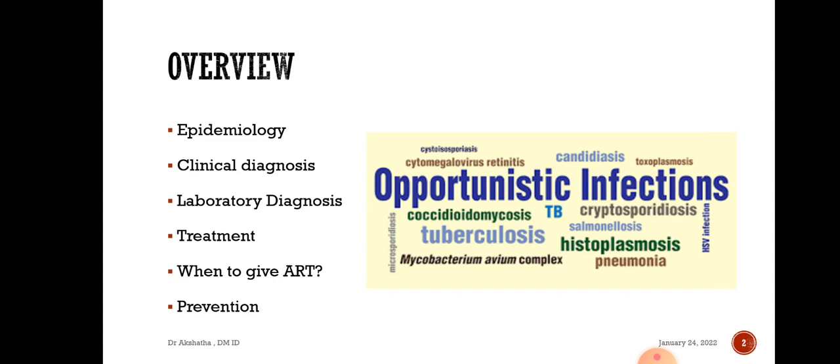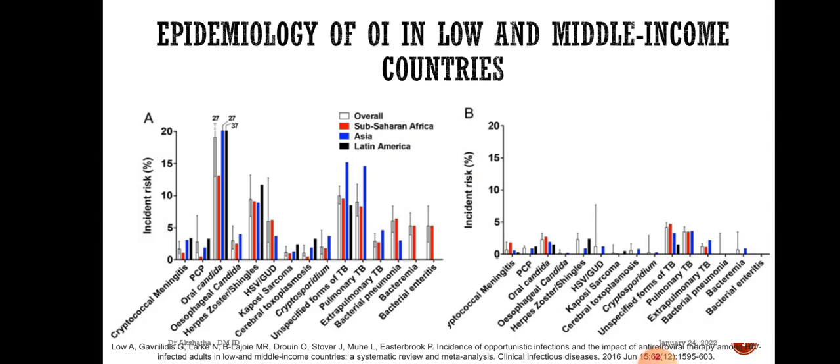So I'll be discussing this topic under these headings: the epidemiology, the clinical diagnosis, the laboratory diagnosis, the treatment, and the very important question, when do you give ART in a patient having PLHA who has a concurrent opportunistic infection, and the prevention. So when we look at the epidemiology of opportunistic infections in low and middle income countries,